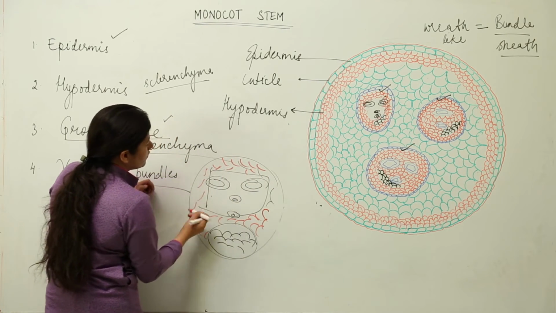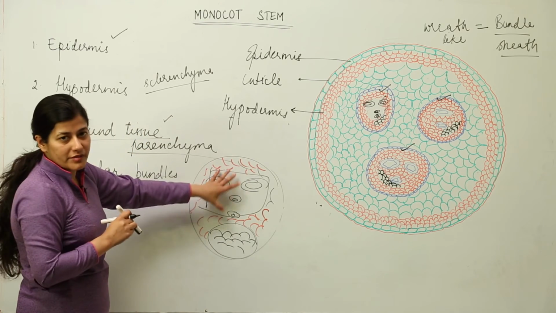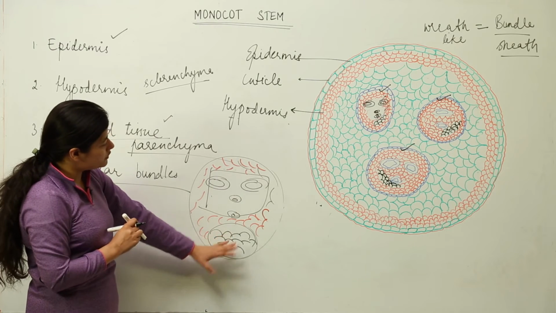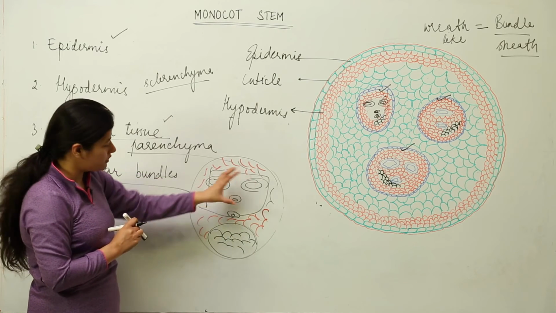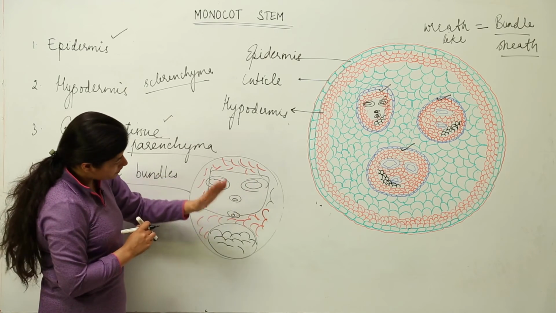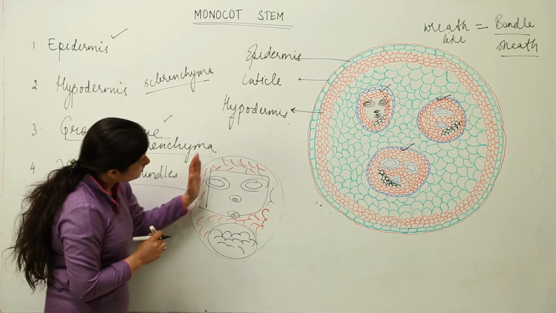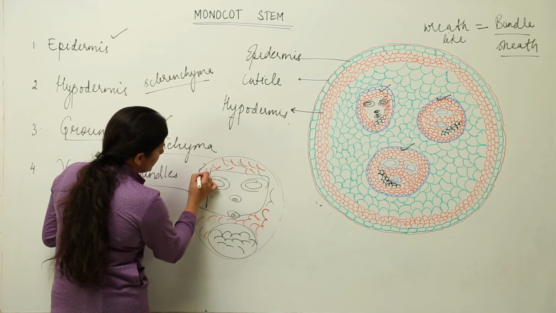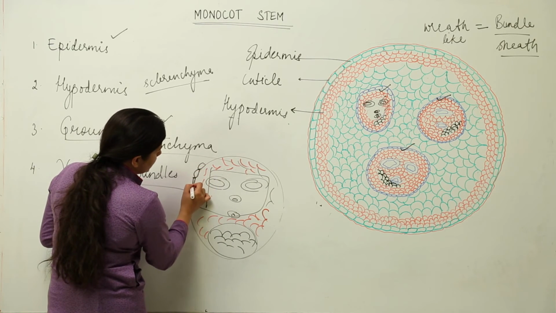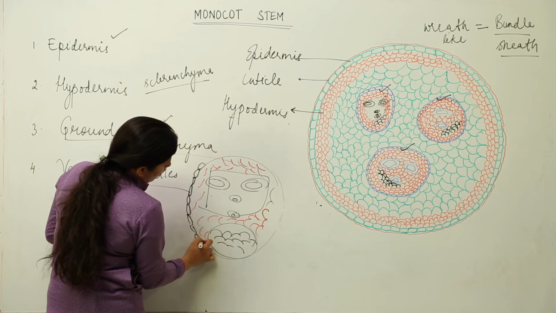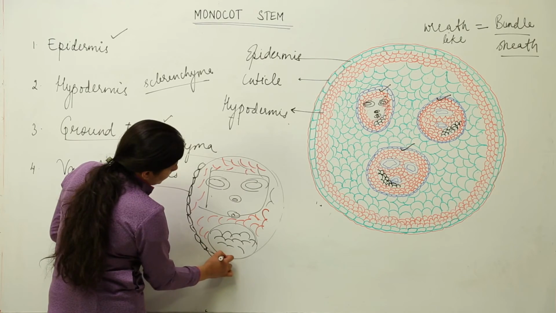Now, the way I have represented it, it is somewhat like a line diagram, though it is not a line diagram, but you have to keep in mind that you have to make a Y-shaped, it looks like somebody's face though, you have to make a Y-shaped xylem, outer to it you have to make a phloem, and the rest of the part would show the parenchymatous tissue, and it would be surrounded by bundle sheath cells. So, this is what a vascular bundle of monocot stem looks like.